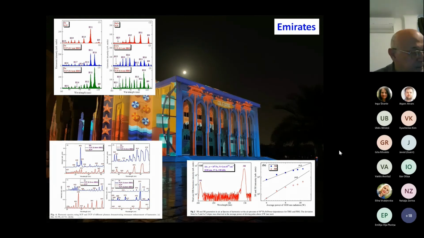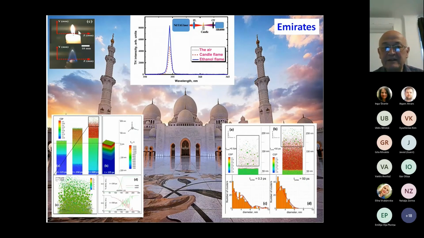Due to shortage of time, I see only 8 minutes. I will just skip many things and show that in some cases we again created single harmonic generation, analyzed it in the case of two-color pump, and demonstrated the possibility of efficient harmonic generation with a decrease of the efficiency of single harmonic generation. Some other features were also observed in the case of third and fifth harmonic generation in plasma, as well as analysis of such materials as candles